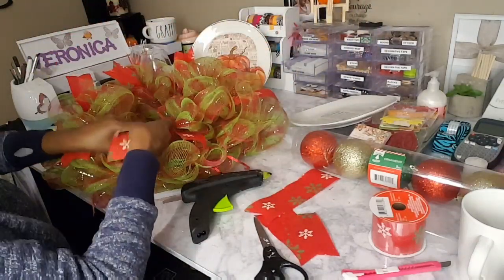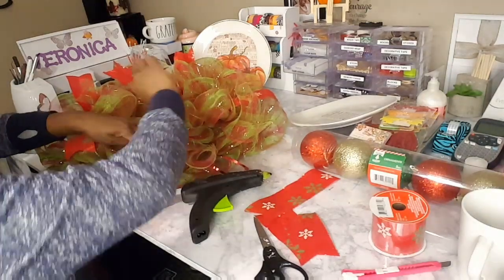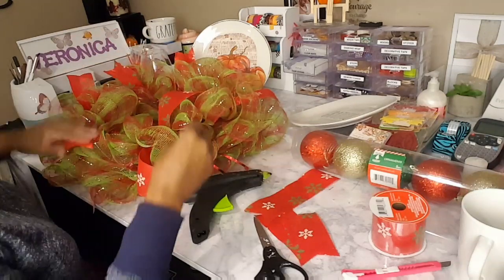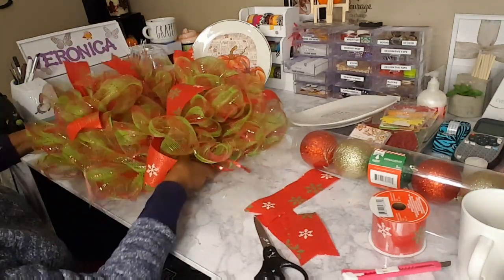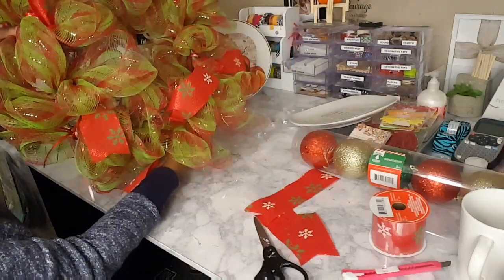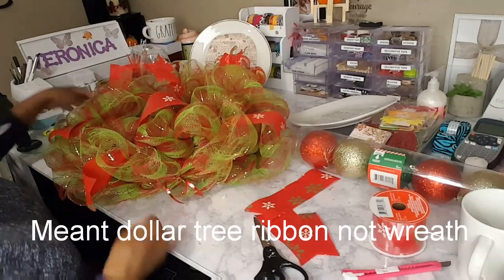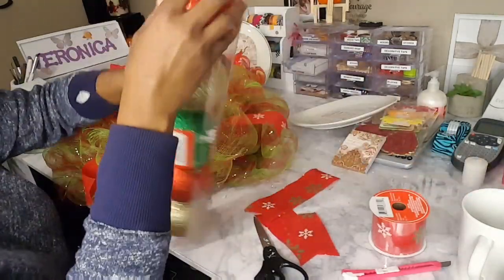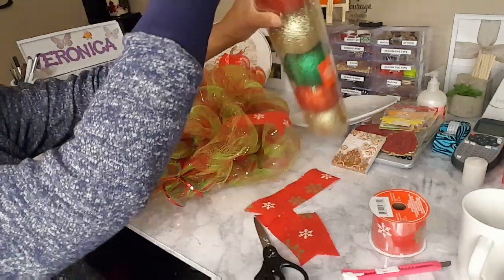To give it some more decorative appeal, I have to put it in between the mesh. I want the ribbon to kind of stick out. And this ribbon doesn't have the wire in it like most Dollar Tree ribbons, so you have to kind of pull it out, sit it on top of the mesh. So now I'm going to add my